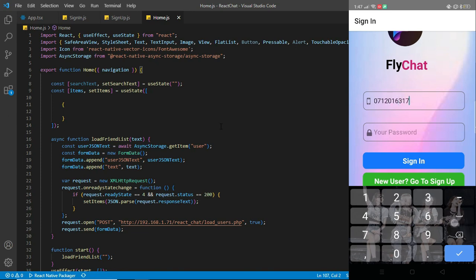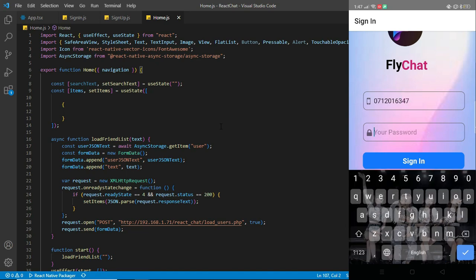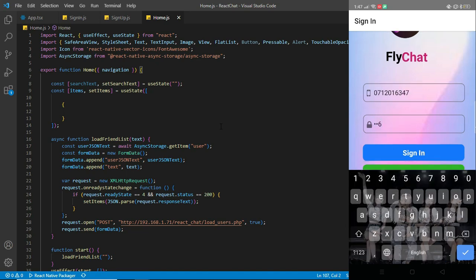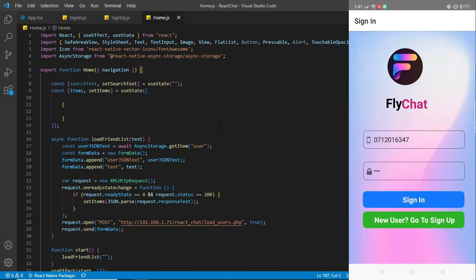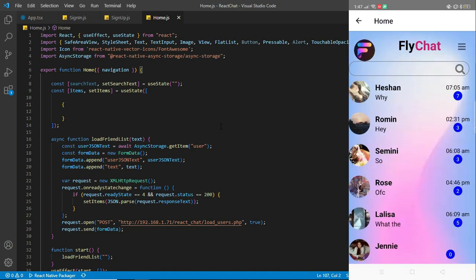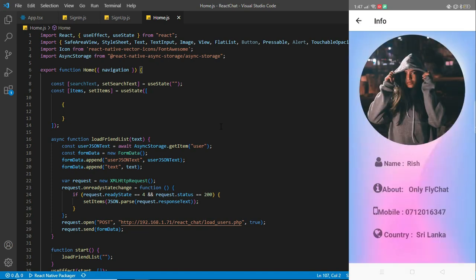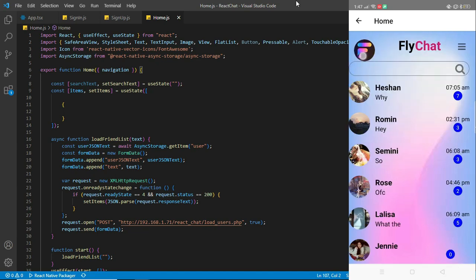And yeah, I'll give the password, it's 456. This is a user I have created already, and this is my home page. You can see the icon of my chat app on the top, and the name of my application,